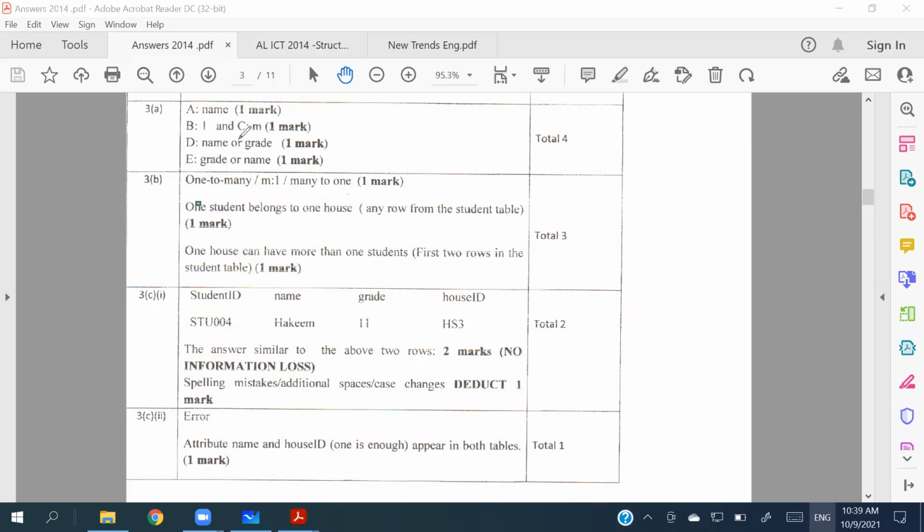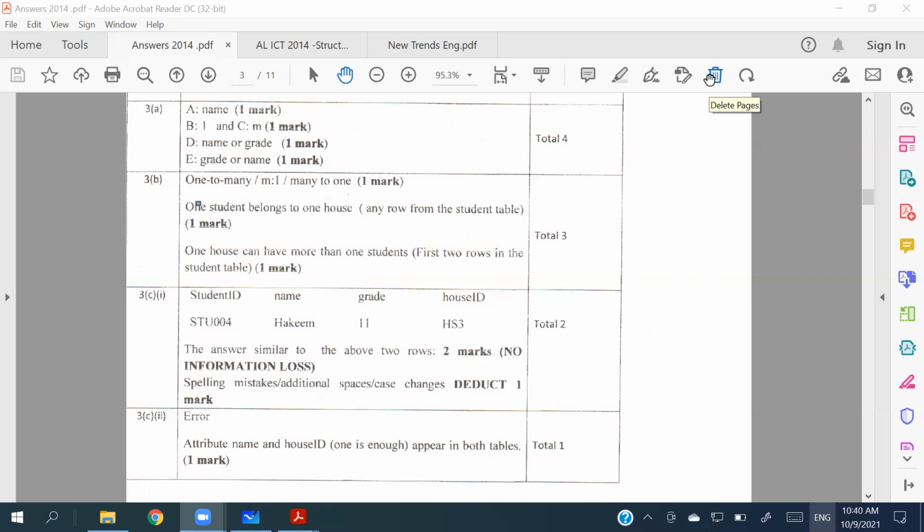Okay. So altogether you can have 3 marks. 1 mark is for saying what is the relationship, and other 2 marks are given separately, justifying student to house relationship and house to student relationship. Right? Then the marking scheme, students should learn how your answer should be written. That is the secret to getting an A at A levels. Write to the point, without gaps. We won't get marks for writing like a Sinhala essay. There should be the points. Right?